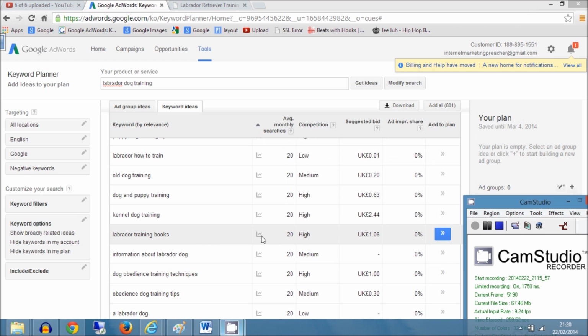So guys, take these little keywords very seriously. Although I wouldn't advise building a whole domain around this keyword phrase, definitely build a page or a post on the site related to Labrador training books. You'll be optimizing for the keyword phrase Labrador training books and making your page as relevant as possible for that term. I'll show you exactly how to do that a little bit later in the Google Cracker course.